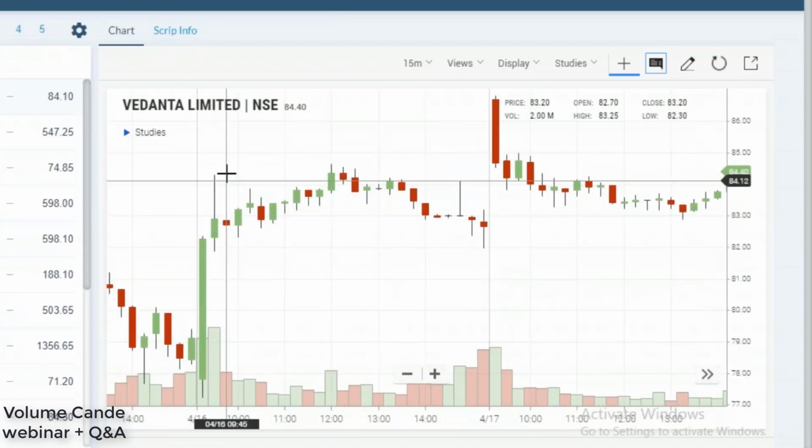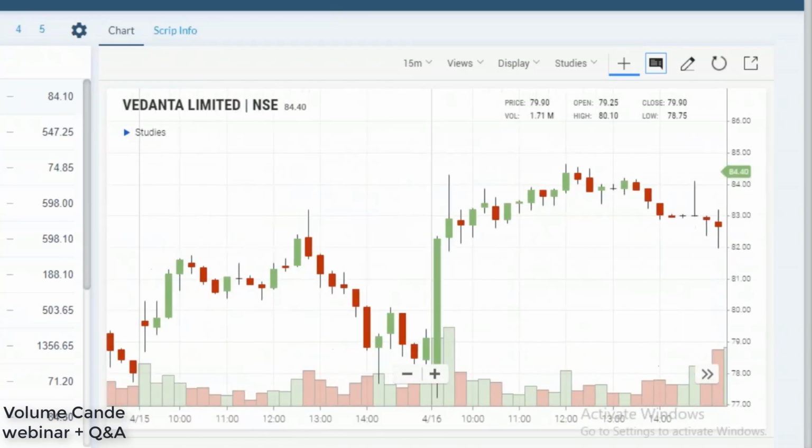So here we can see there is one pin, right? We can see there's a pin here. The market started moving higher and higher, and at the high we are getting one long wick. So this is the pin actually. Okay. So this is exactly the pin bar. So we have to initiate the sell below this candle.